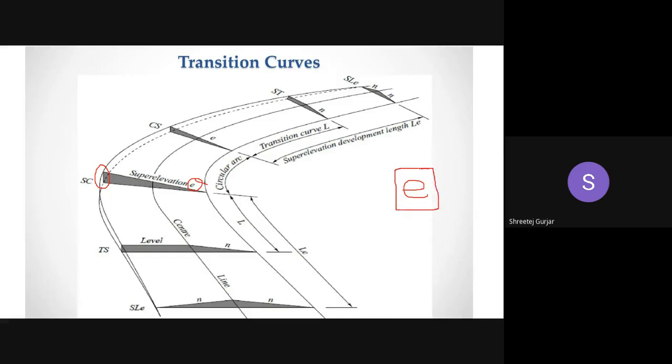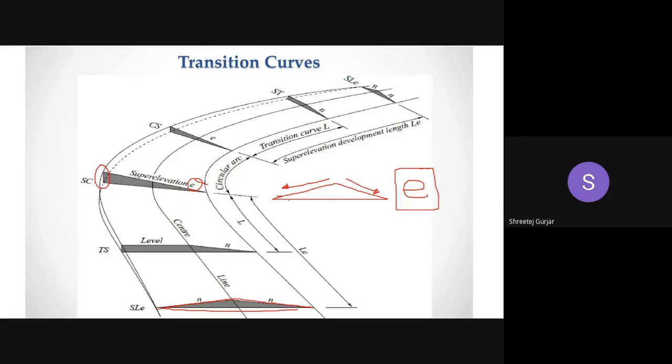You cannot directly raise the outer edge. Whenever we have a curve, we have to slowly increase the outer edge to the required super elevation level, to this particular height. You can see it is zero over here, and this is called the camber of a road, or the cross section which you see over here. It is usually provided in this triangular format. Why? So that rainwater can drain out easily and does not stay on the road and deteriorate it. This is the usual cross section of your road, if you have observed.